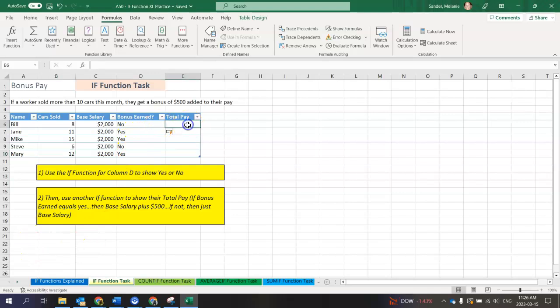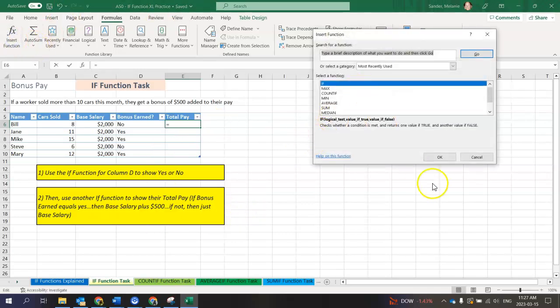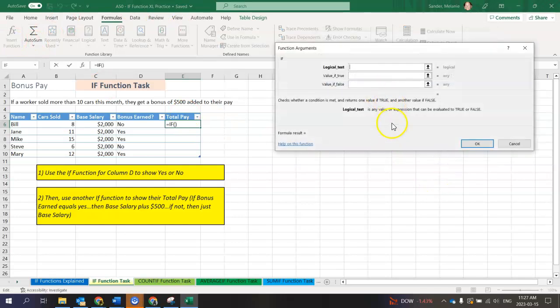Okay. And then we come out to our total pay, because our logic statement here is, if this is a no, then their total pay is this. If their bonus is yes, then they get this plus $500. So we are going to add in another IF function that shows our total pay. If the bonus is yes, then the base salary plus the bonus, and if not, it's just the base salary. Okay, so we're going to go to insert function. We're going to go IF, and